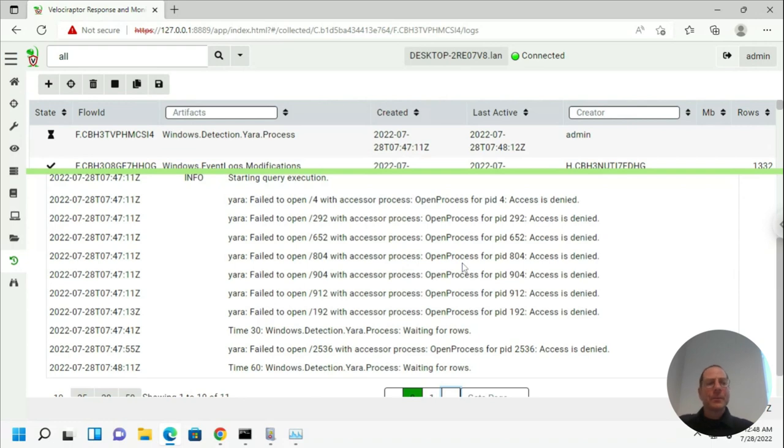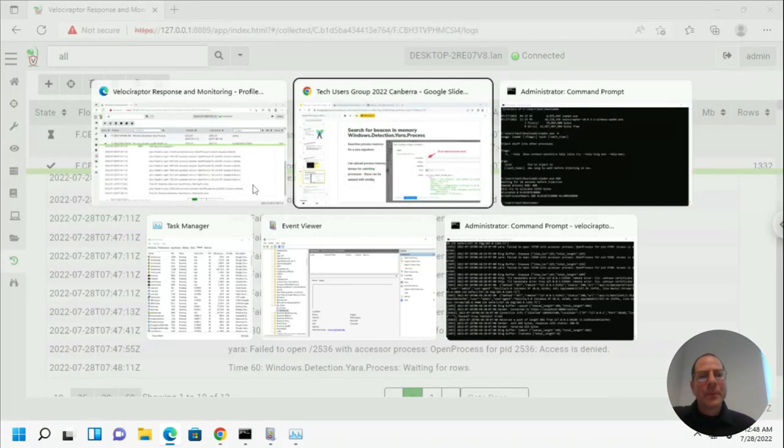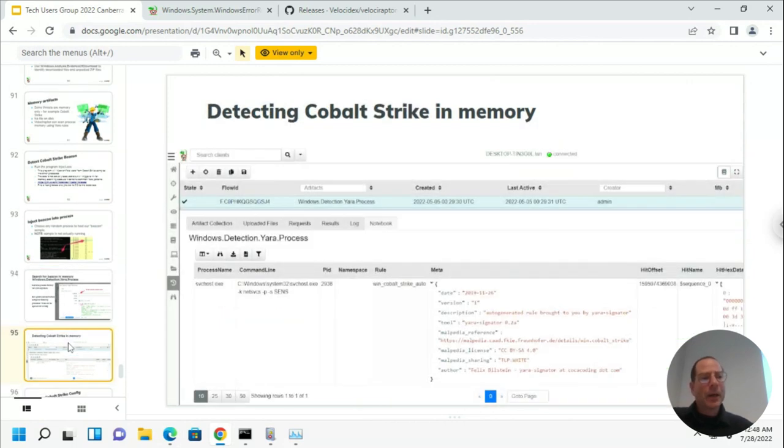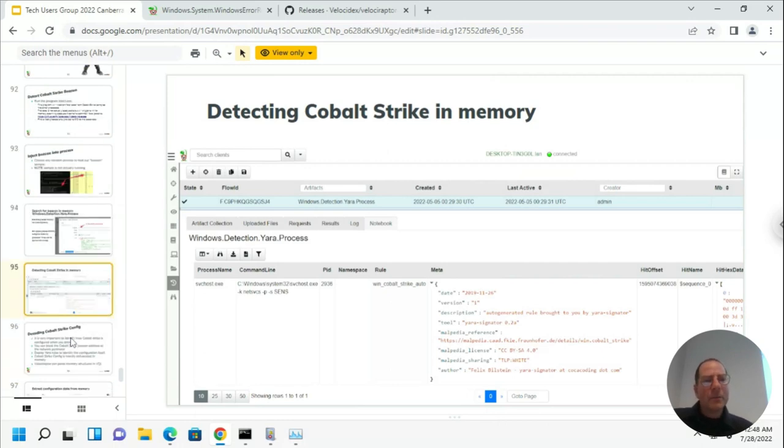and I'm going to leave it running to show you. But I'm going to continue on with the slides because we only have a few minutes. So we can basically scan the processes with the Yara sig, and we might find the hit. I'm going to show you that in a minute, and we can actually carve out